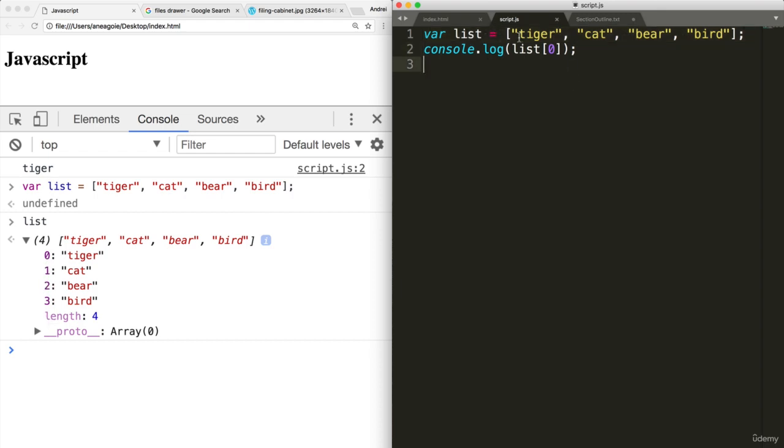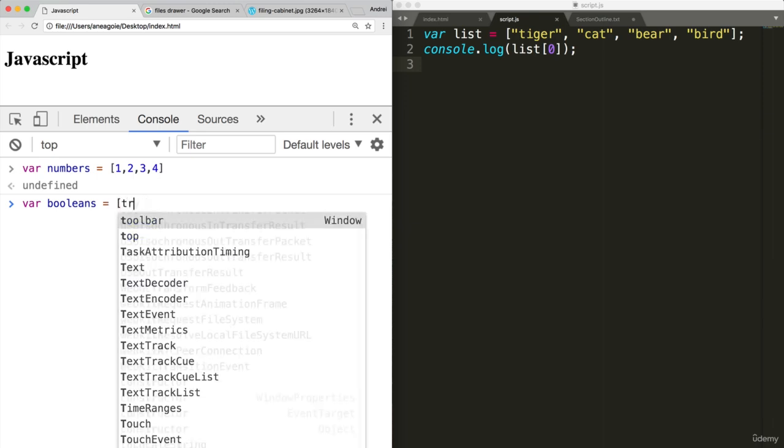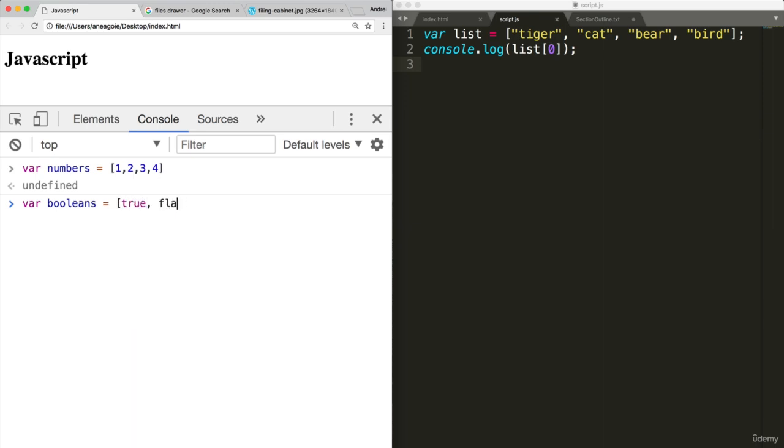Now, what kind of things can arrays hold? Is it just strings? Well, not really. We can do variable numbers and have 1, 2, 3, 4. We can have booleans, and we can have true, false, true again. And this is the fun part. You can also have